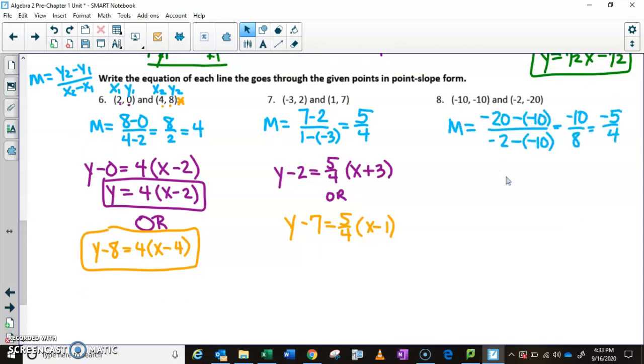And the second one, find the slope. Slope you should have been able to calculate as -5/4. If I use the first point, y minus -10 would be the same as y plus 10 is equal to the slope of -5/4 times x minus x1 of -10, and again, minus the negative is a plus. And if you chose the second point, y minus y1 of -20 would be the same as y plus 20 is equal to -5/4 times the quantity x minus -2, so x plus 2. All right, off to your